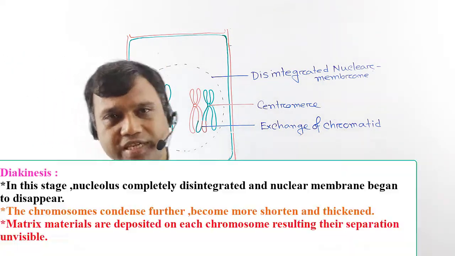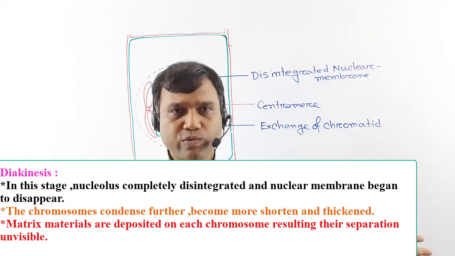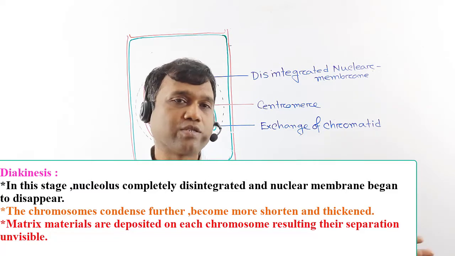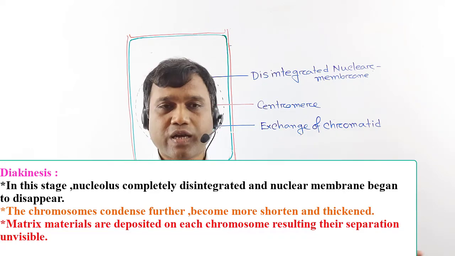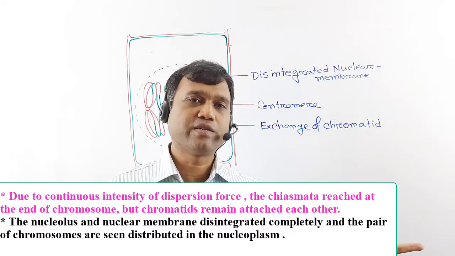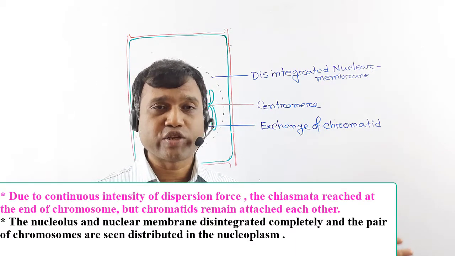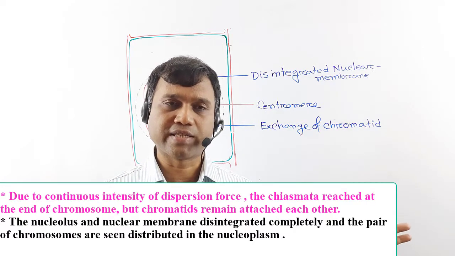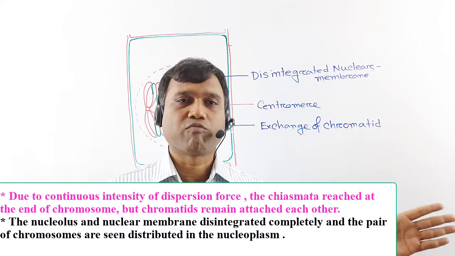So, the characteristics of this substage: first point, the terminalization process continues. Second point, by reducing water, the chromosome gradually becomes thick and short. Third point, by absorbing the matrix, the chromatids of the bivalent disintegrate, the nuclear membrane is going to disappear, and the nucleolus totally disappears. And the last point, the centromere of the bivalent moves toward the polar region.